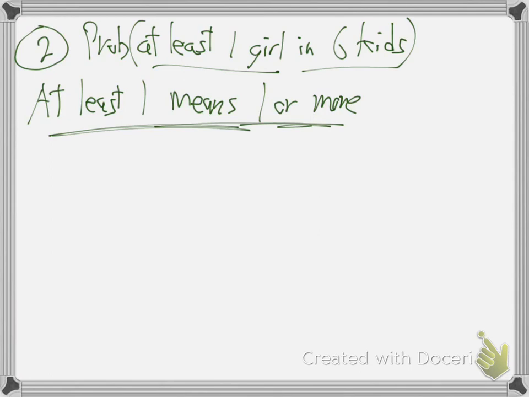So they want to know what's the chance they have at least one girl. Notice, what's the chance they have one girl out of 6, or maybe 2 out of 6, or 3 or 4 or 5, or like Chase said, all 6 out of 6 are girls. That's what they're asking us. What's the probability that they have 1, 2, 3, 4, 5, or 6 girls? At least one girl. How are we going to do that? What would be the opposite of that? What if they don't have at least one girl? What's the probability? All boys. That would be all boys, wouldn't it? Are we good with that? If they don't have at least one girl, then they got no girls. They got all boys, don't they? That's how we're going to do probability questions.